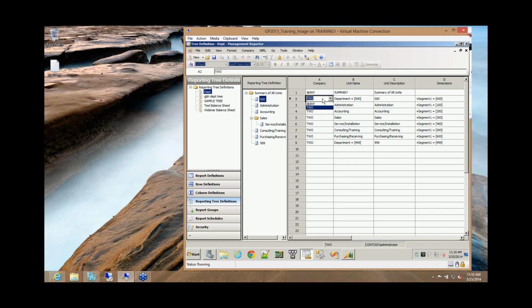And that's where you would just simply double click on it, and it gives a drop down menu with the available selections, and you can select @any if you want all companies to be included, or you can select the specific company. All right,